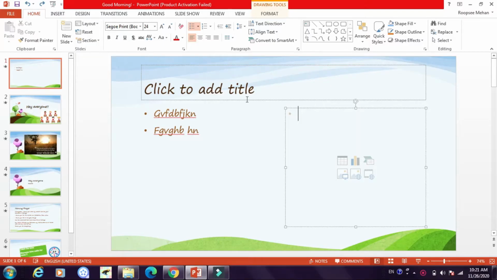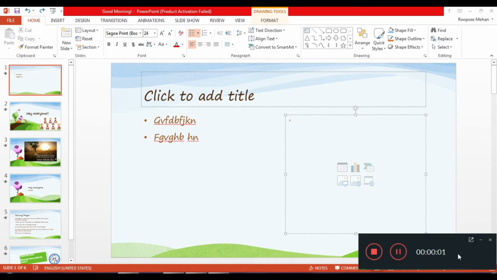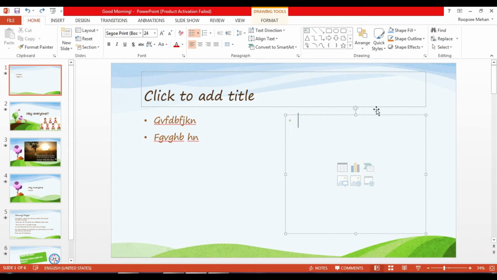Now we will learn how to insert pictures in your slides. Now after we have inserted a slide, you will see some placeholders like this. Now in this placeholder you can add text by clicking here, or you can insert a table, chart, smart art graphic, pictures, online pictures and videos. So now let's learn how to insert pictures. We can insert pictures in two ways. One, from the file on your computer, or from online using internet.